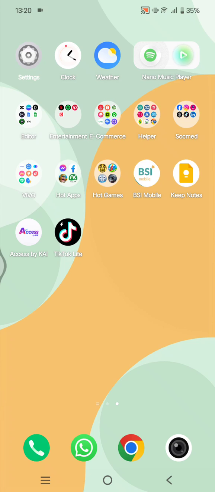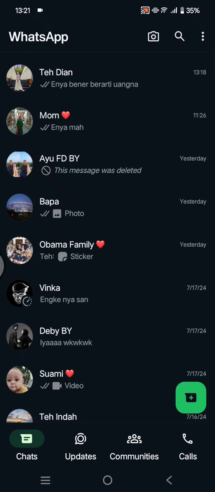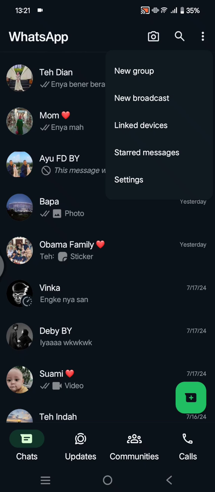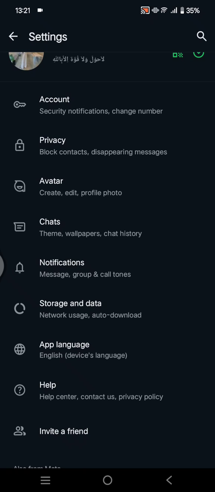On today's tutorial, I'm going to show you how you can fix the WhatsApp status not showing in this video. So I'm going to start by opening the WhatsApp app on my phone, and what you need to do is go to the settings on WhatsApp, click on the three dots icon at the top right corner and type in settings. Tap on settings, and after that you can just go to the privacy,